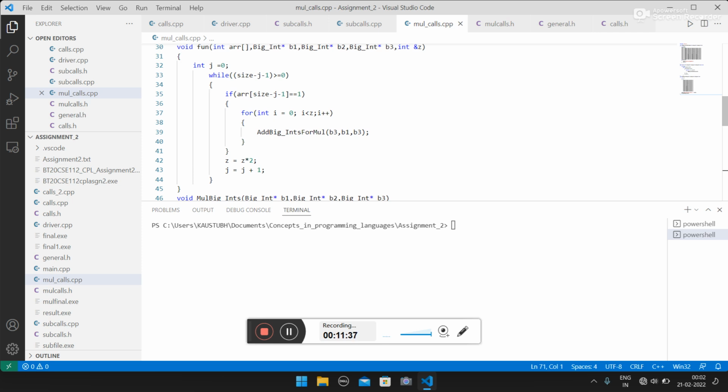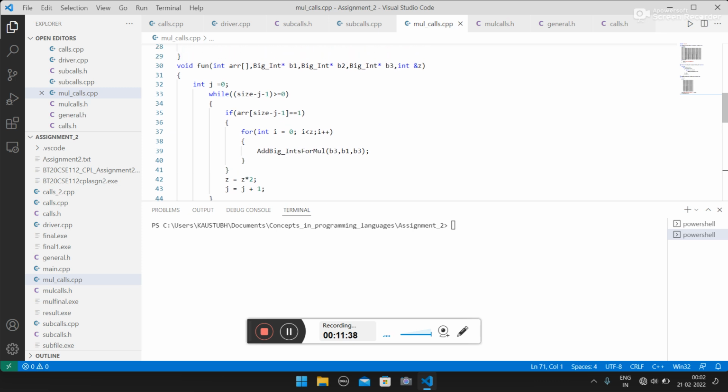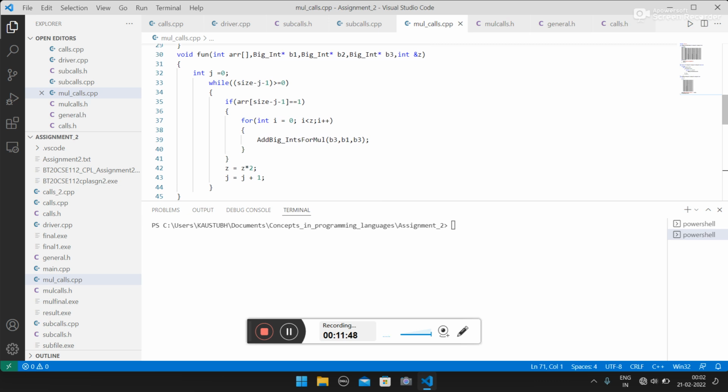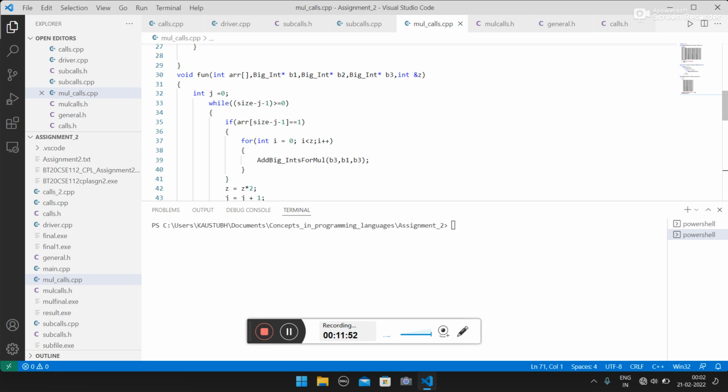So in this way the sequential addition is done. This b3 is initialized to b1 in the first go, and then the result is again stored in b3. So b3 now stores the value of the multiplication, as b1 is added b2 number of times in b3.